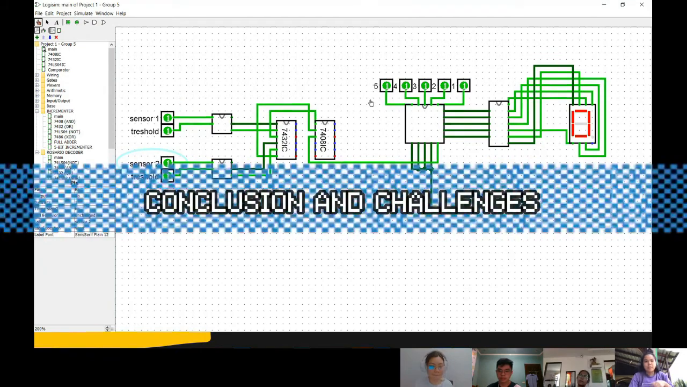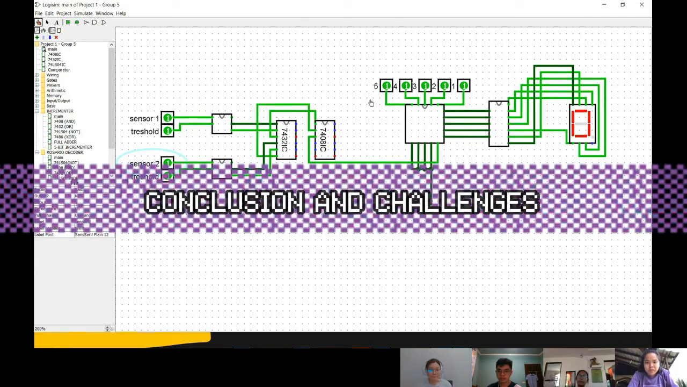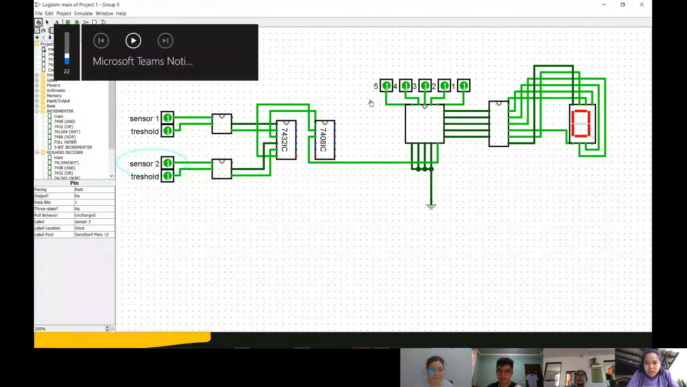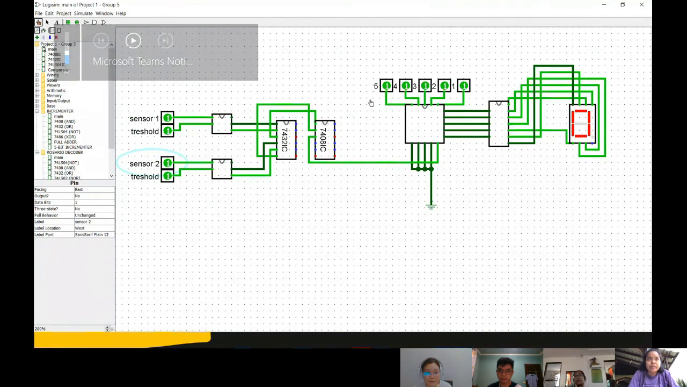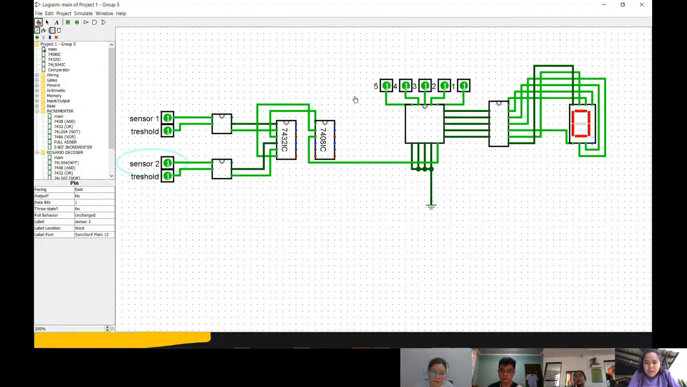So, for our conclusion po, ma'am, for each part of our circuit po, isang comparator, isang incrementer, then decoder, we were able to give each member a single part po. So, equal naman po yung hatian namin when it comes to the work done for the project. And then, based on here po, we were able to, number 1, implement the week number 3